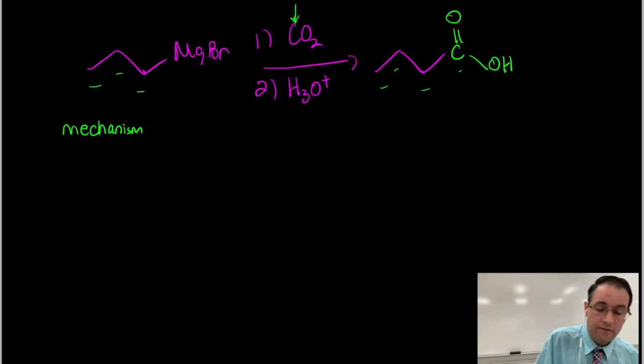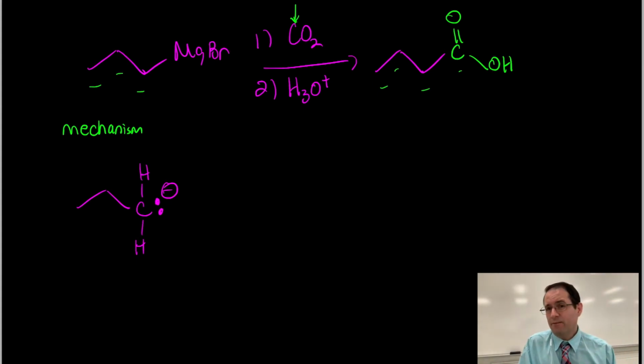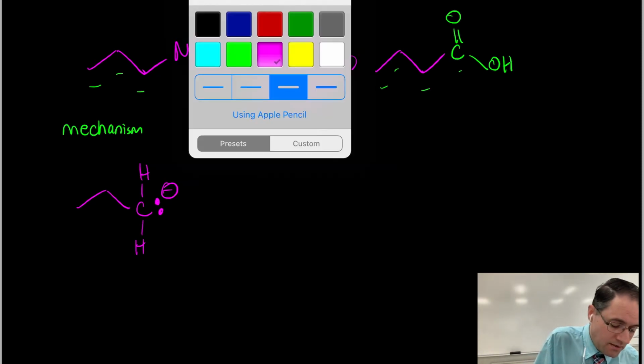Okay, so first of all, remember that your Grignards are carbanions. There's a carbon atom with a lone pair, a negative charge. We'll fill in the 2 other groups there. This carbon does not have 4 bonds, okay? But it is a carbanion, it is nucleophilic, and it can attack